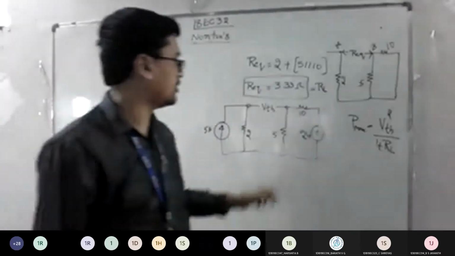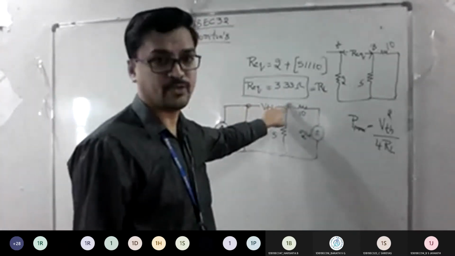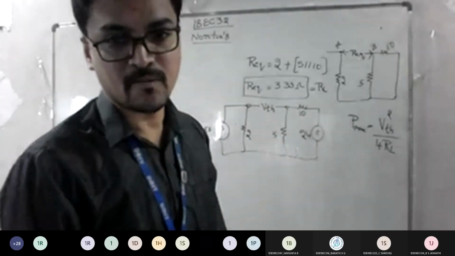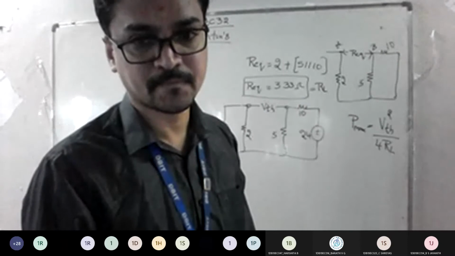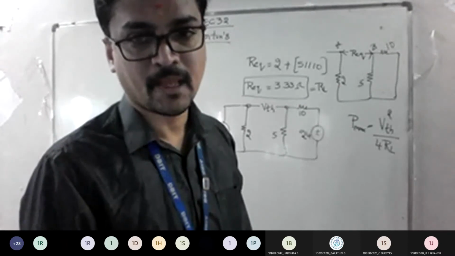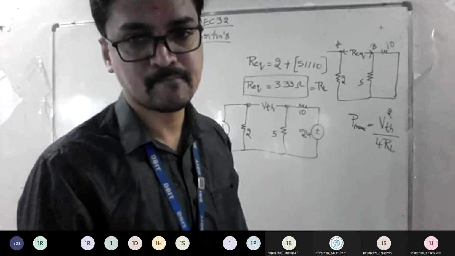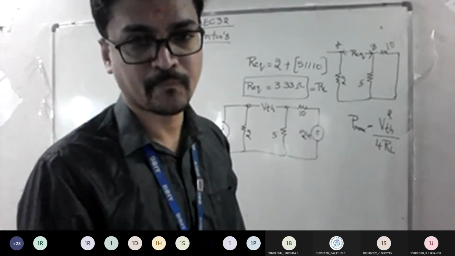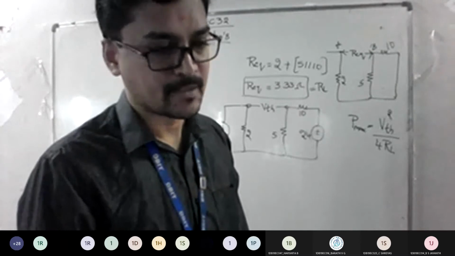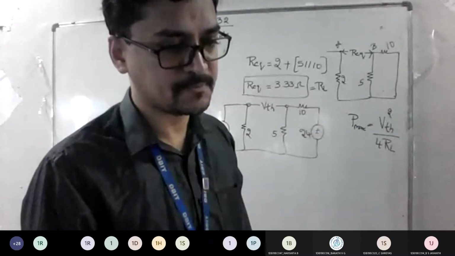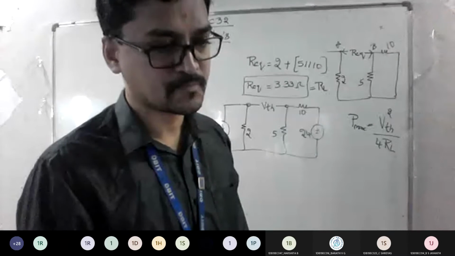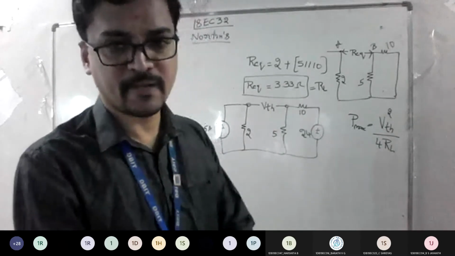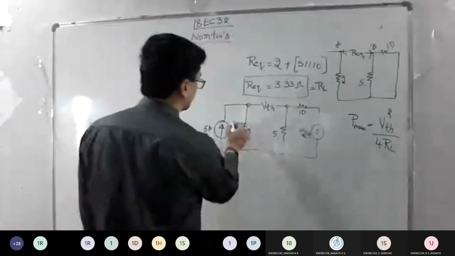If you want to apply nodal, this is V1, V2. So you have to find V1, V2, and in that VTH becomes what? V1 minus V2, right? Correct? Apply the logic, get me the answer. Whichever you want, you apply, whether you want mesh analysis or nodal, it's left to you.